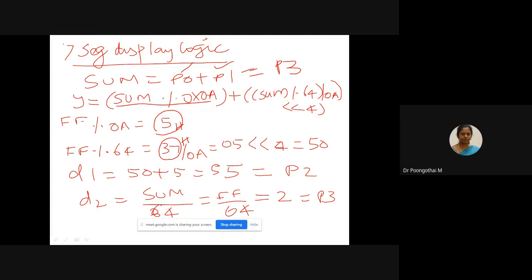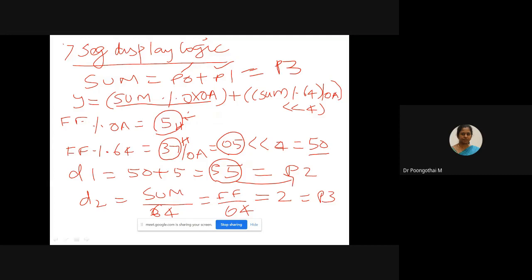After the division, you will be getting a quotient value, which is 0.5, and I'm shifting the 0.5 four times towards left, so the value becomes 50. This 50 should be added with the 5 and you will be getting the LSB of your sum, and transfer that value to P2.